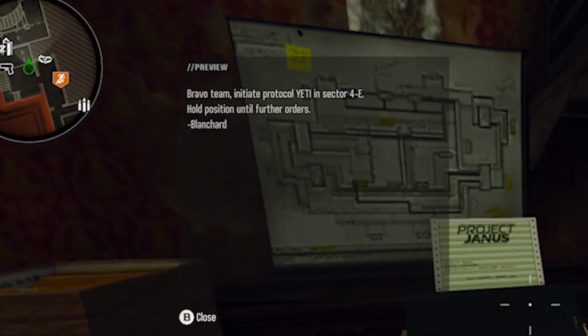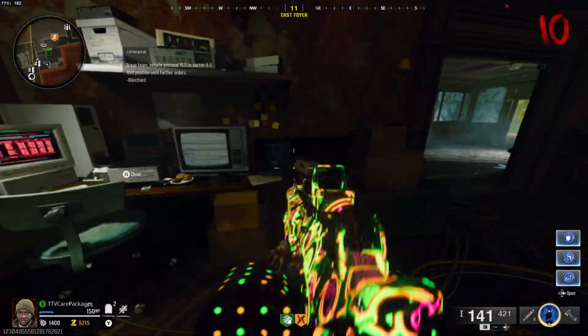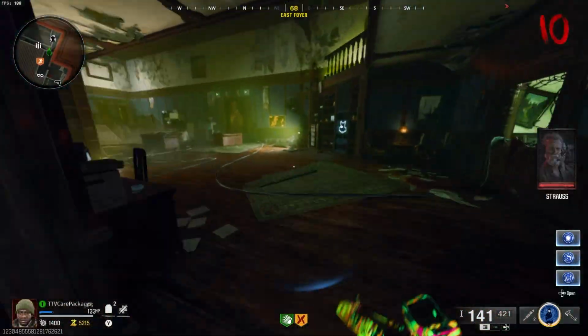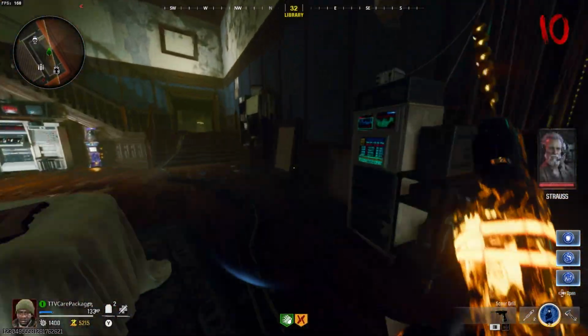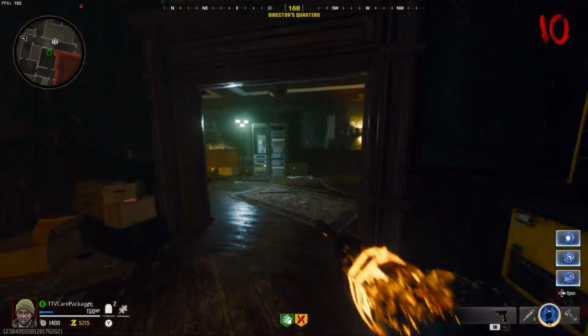You will be looking for the 4-letter word that is in all caps to use for the next step. There are only 4 possible combinations of the 4-letter word, which are moth, yeti, worm, and crab. Once you get your word, in this case I got yeti, you will go over to the chalkboard in the